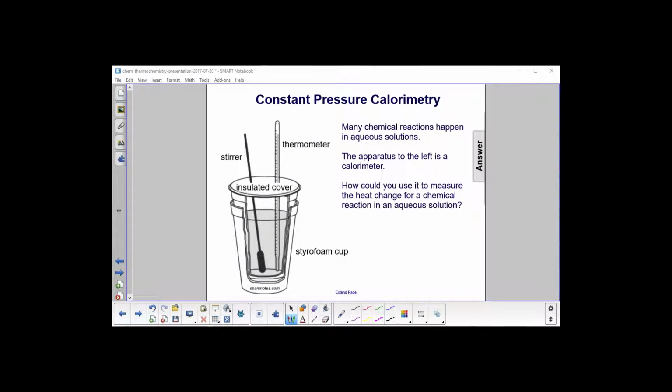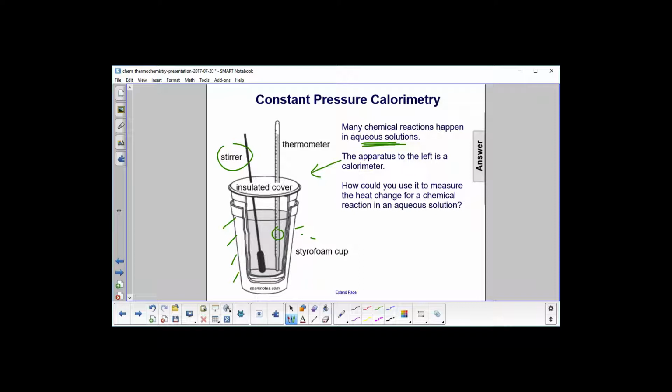Constant pressure calorimetry. Many chemical reactions happen in aqueous solutions, that is, liquid. The apparatus to the left is a calorimeter. We have a styrofoam cup on the outside here. We have a stirrer that pokes through this insulated cover, and we also have a thermometer poking through and measuring